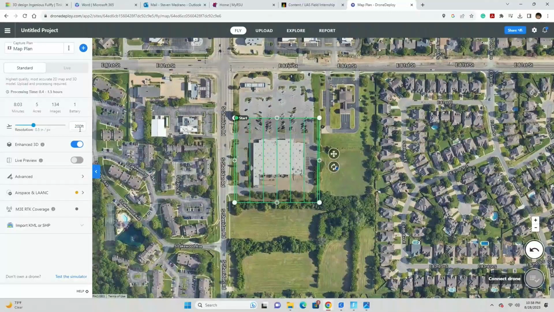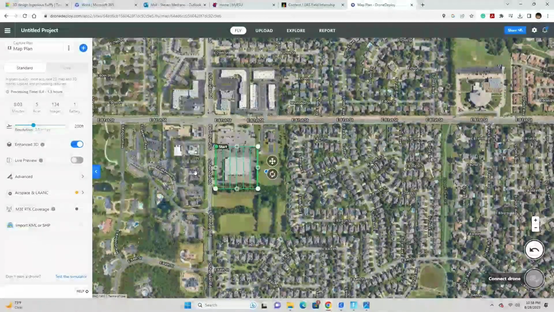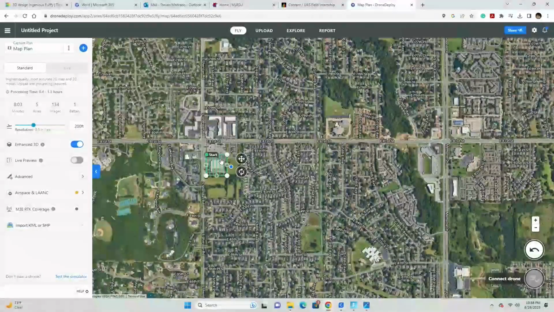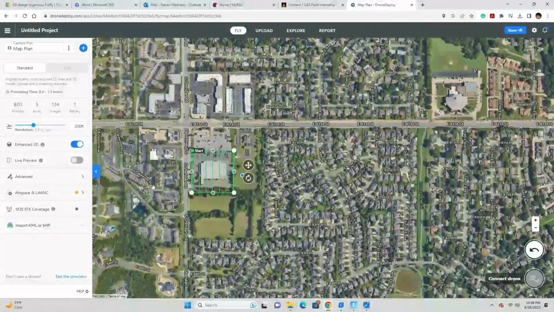Now, remember we just talked about this past week, we talked about flying in restricted airspace. And if y'all remember when I showed you on the map that I lived in a restricted airspace that was at 200 feet. So pretty close to where I live. I live back in here in this neighborhood, and we're at 200 feet. So let's just say we're at 200 feet. The customer may want 200 feet, may want 150 feet. We're going to go through and look at these different things. Let's say, for example, that they want